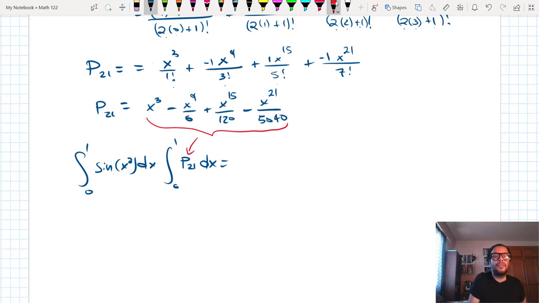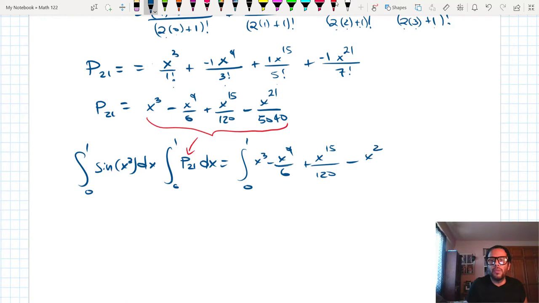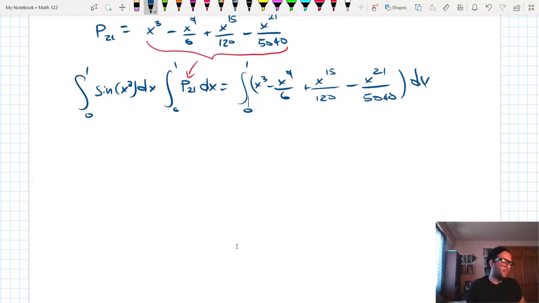We're going to integrate that term by term. 0 to 1, x cubed minus x to the 9 over 6 plus x to the 15 over 120 minus x to the 21 over 5,040 dx. So we integrate each term at a time. We should get